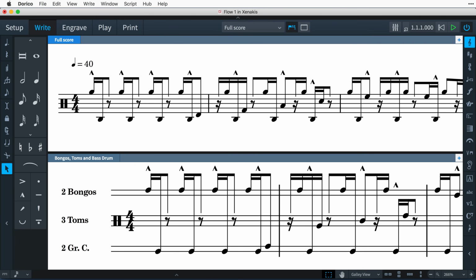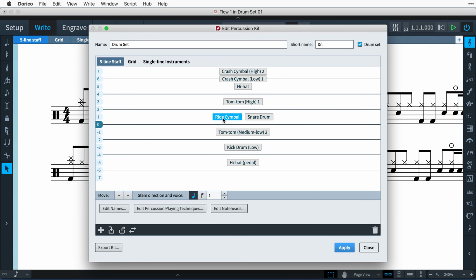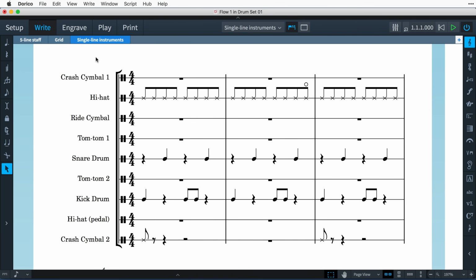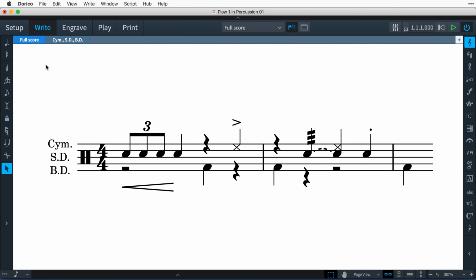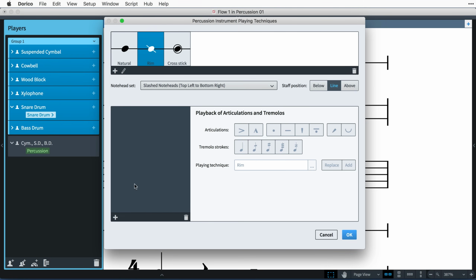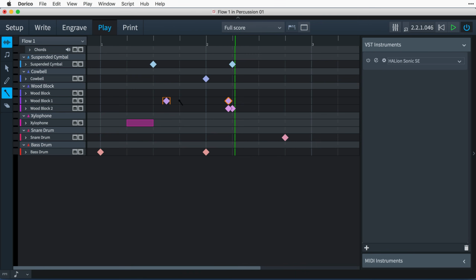Dorico's new support for unpitched percussion is unparalleled. Its flexible approach makes it possible to create kits of percussion instruments that can then be displayed on a 5-line staff, percussion grid, or as individual instruments, as and when required. This means you can condense percussion lines down for a full score, then present as a grid in the player's instrumental part. There are powerful tools for defining the appearance and playback of playing techniques, and even a dedicated percussion